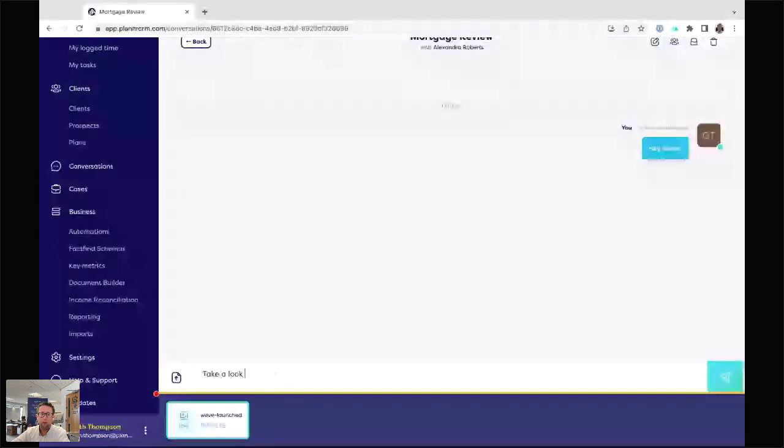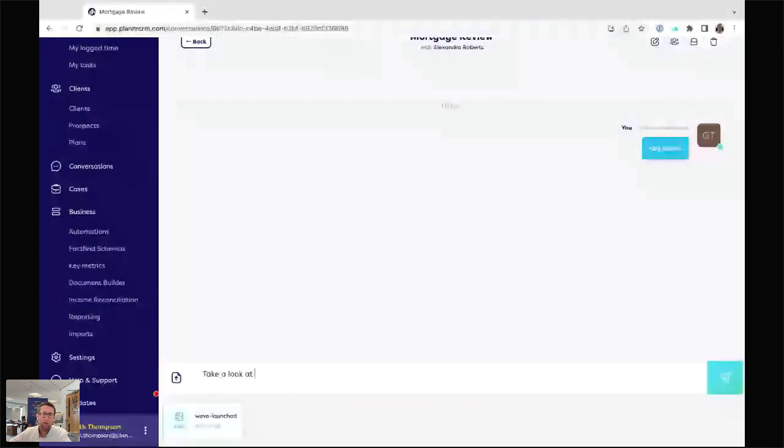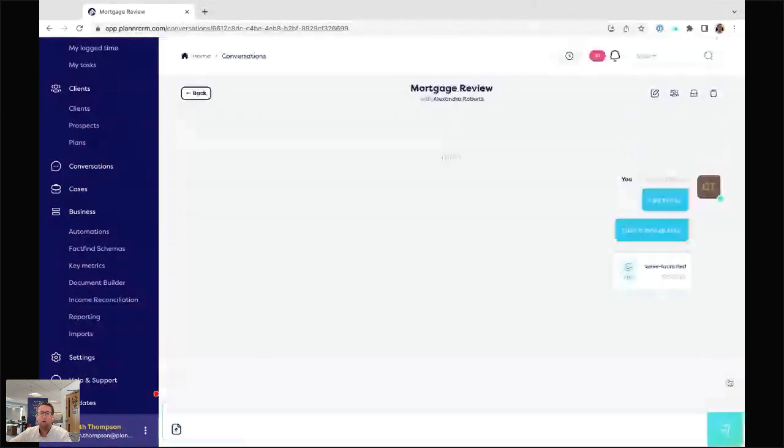Take a look at this. And you can see that even whilst you're typing the message, it actually uploads it ready for when you want to share this with the client. So all of this stuff's not really revolutionary at the moment. This is what you have in the existing